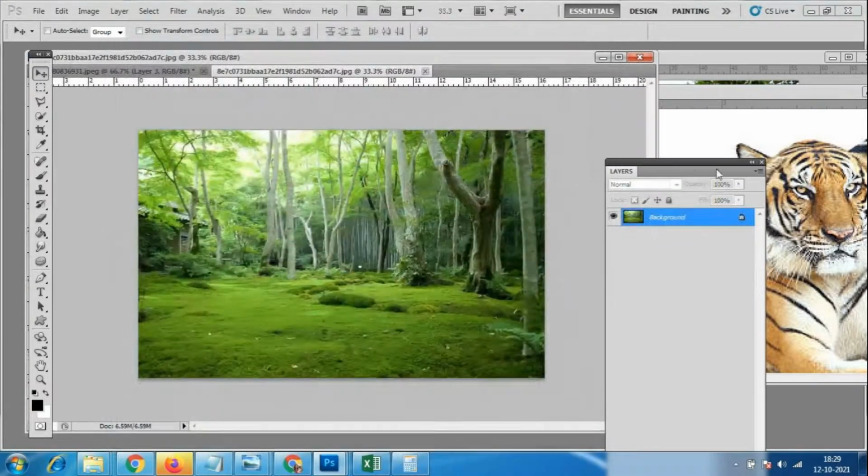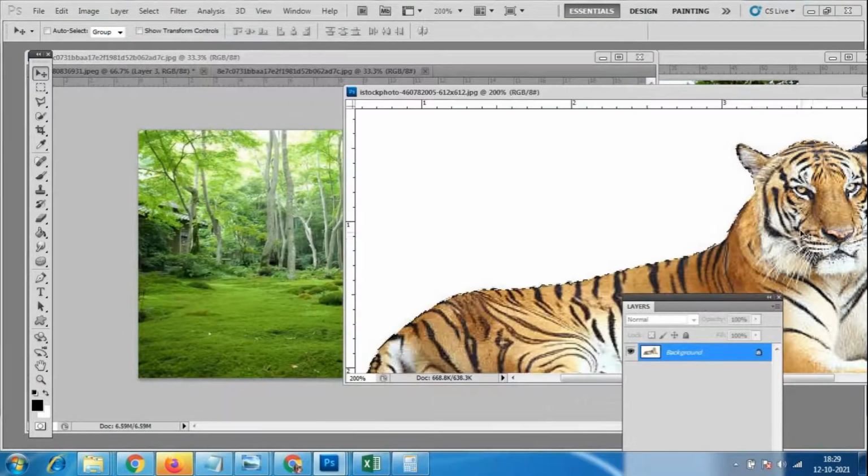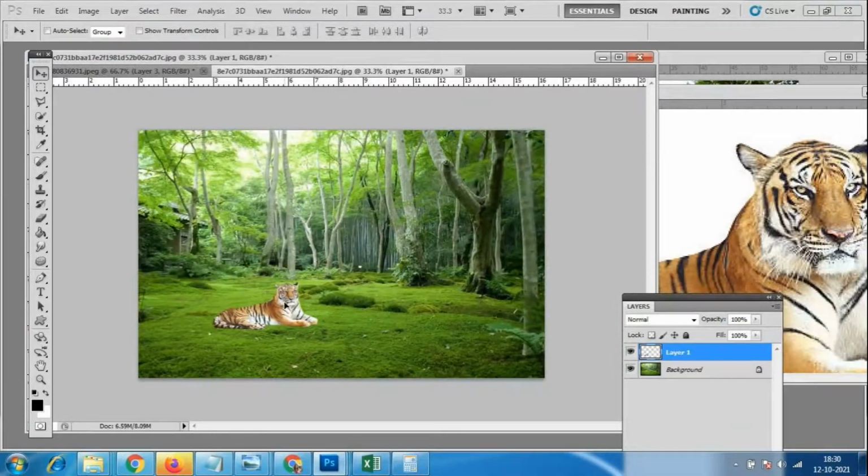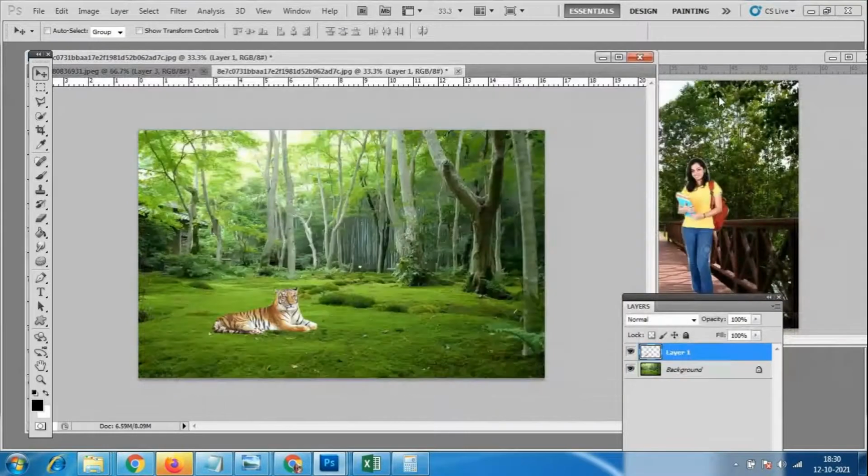If I get an image like this, which has good quality, yeah, this is looking nice. Cutting is very easy, you can learn the cutting option very easily. But the thing is, everything should match, the background with that. See here, it is looking very natural, it will not look like a totally different image or a different thing over here.